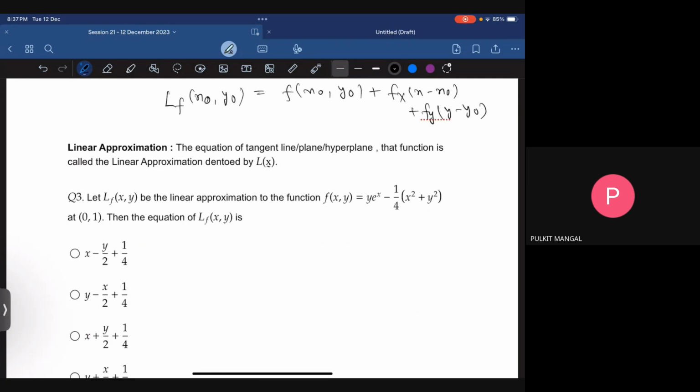And you can simply extend the formula to three variables, four variables. You can just simply expand the same formula. Generally in the exams you will be asked for